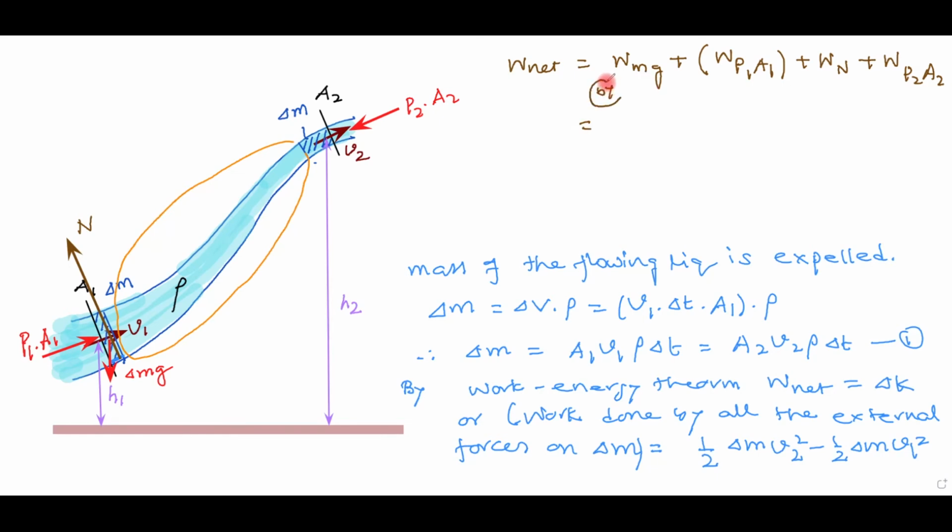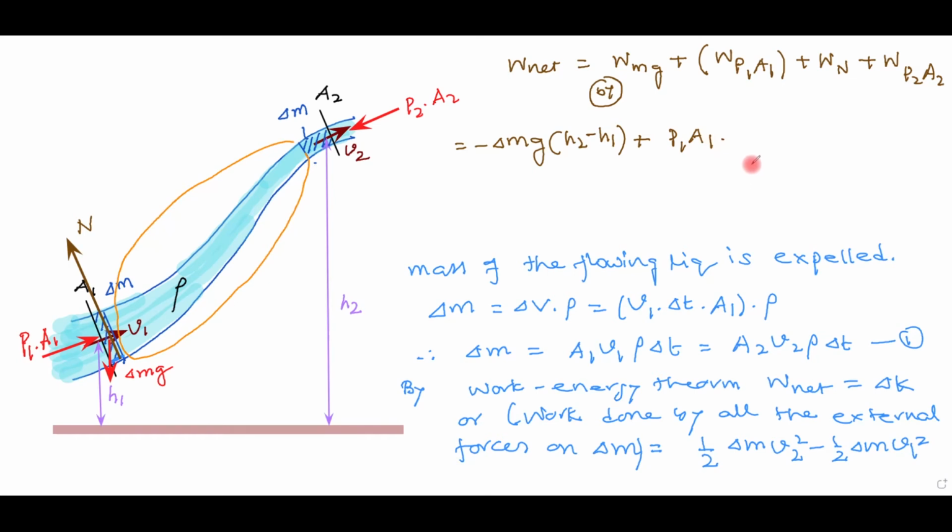So this is equal to, okay, you should not confuse yourself, the work done by mg. Now mg is downward, but the liquid has gone upward. The vertical displacement is h2 minus h1, which is upward. Hence the work done by mg is negative. This is equal to minus del m g into (h2 minus h1), minus because the force and displacement are oppositely directed, plus